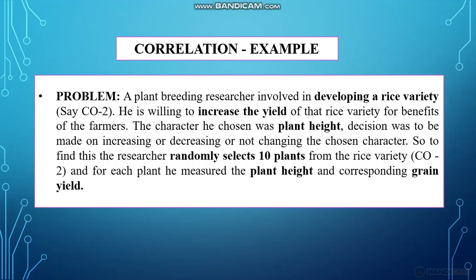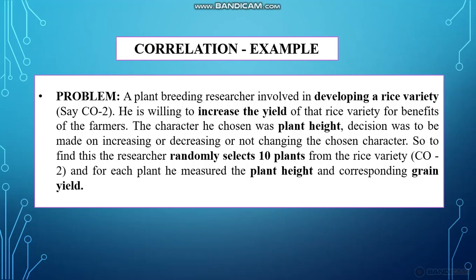For increasing the yield, the character chosen was plant height. The decision was to be made on increasing, decreasing, or not changing the chosen character. So he is willing to increase the plant yield, and for that he is choosing a character called plant height. You want to decide whether the plant height has to be increased or decreased, or there should